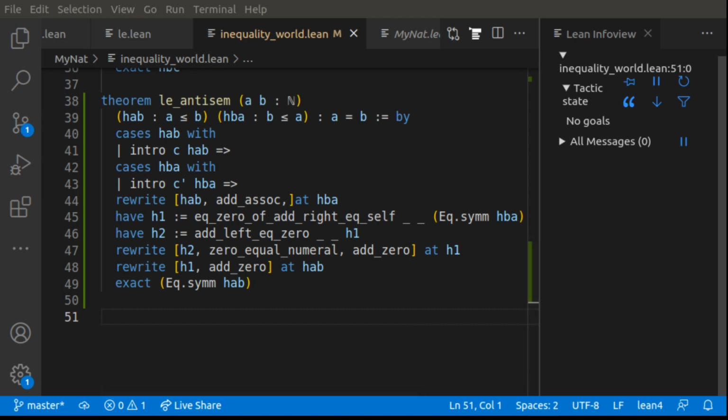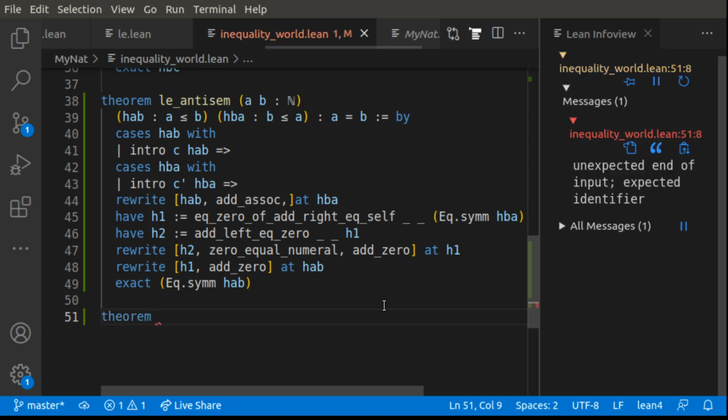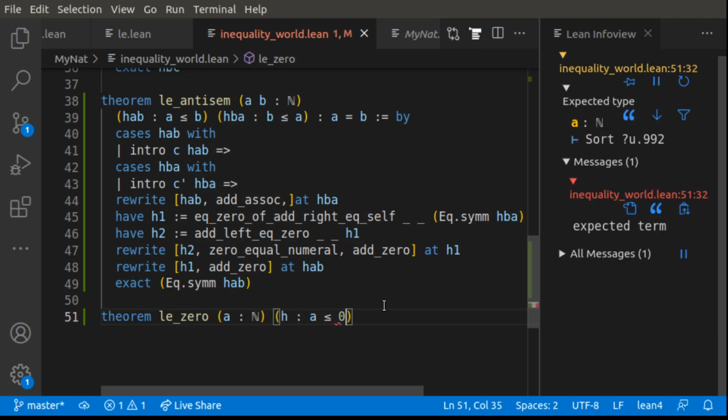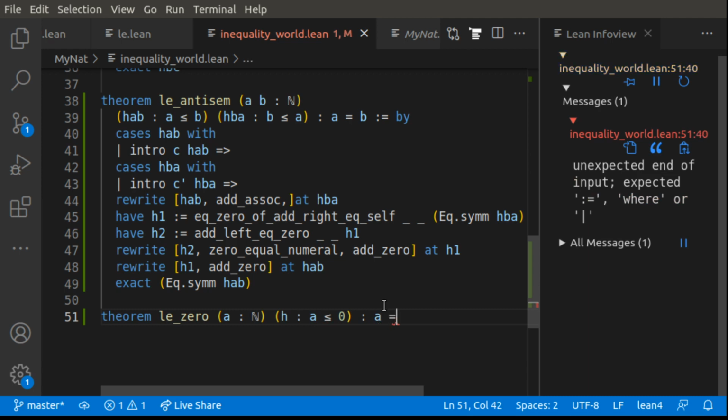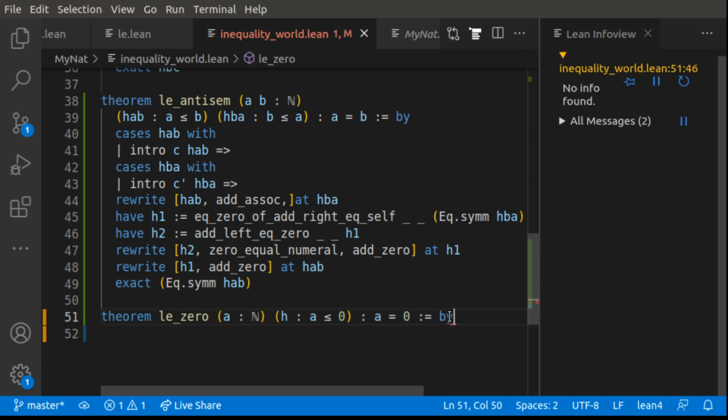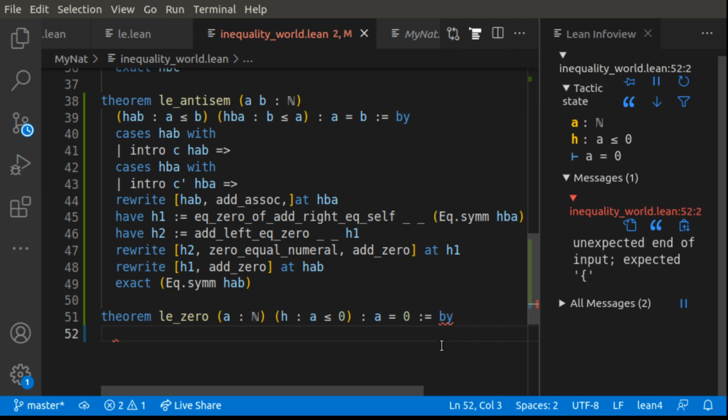Okay, so let's do this. For all naturals a, if a is less than or equal to 0, then a equals 0. Okay. Theorem. Less than or equal to 0. A is a natural number. H implies that a is less than or equal to 0. We want to prove a equals 0. And how will we do that? We will do that with